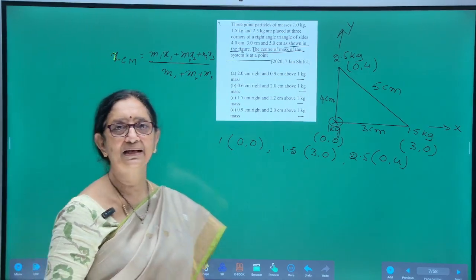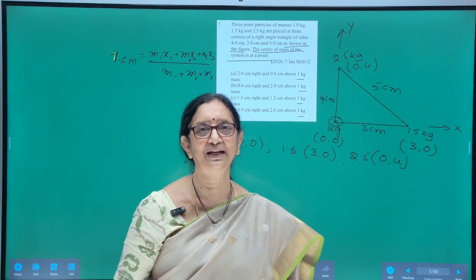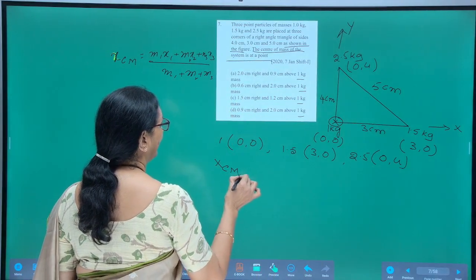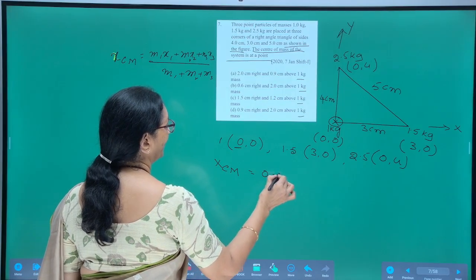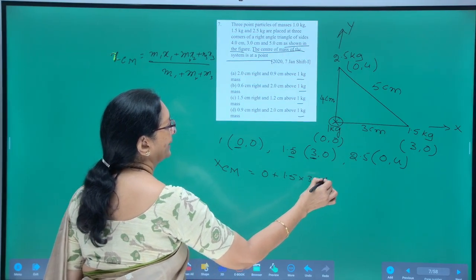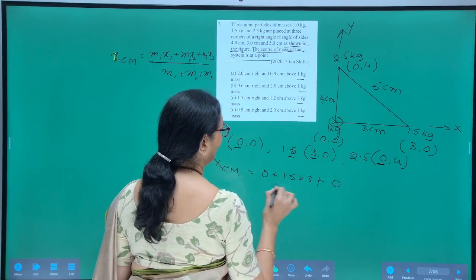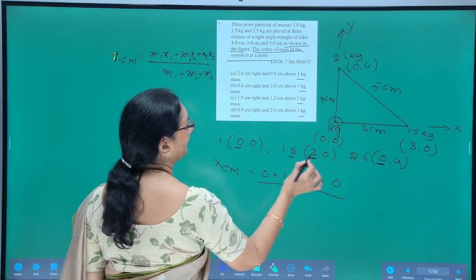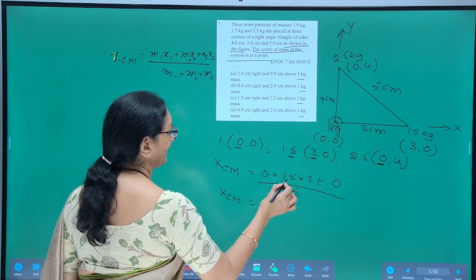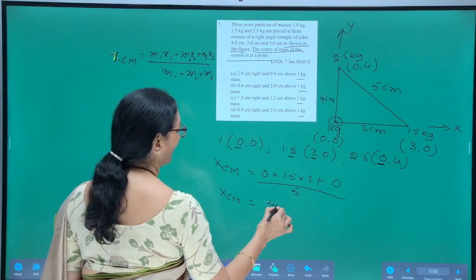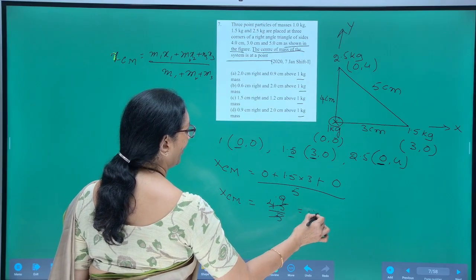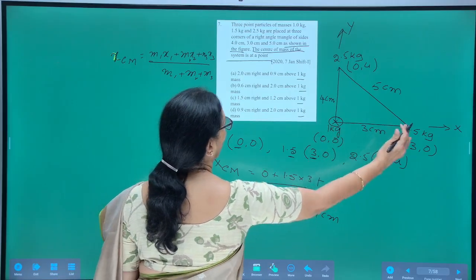Similarly, YCM is (m1y1 + m2y2 + m3y3) divided by (m1 + m2 + m3). Using that relation, the x coordinate is m1x1 is 0, m2x2 is 1.5 into 3, m3x3 is 0, divided by m1 plus m2 plus m3, which is 5. So the x coordinate of the center of mass is 3 times 1.5, that is 4.5, divided by 5, which is 0.9. So, 0.9 centimeters right